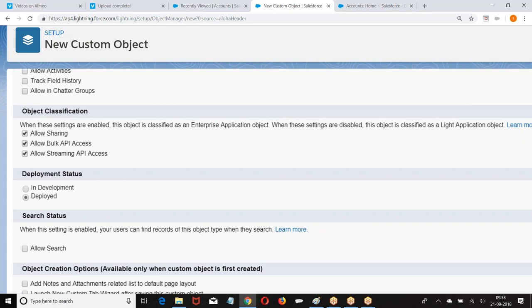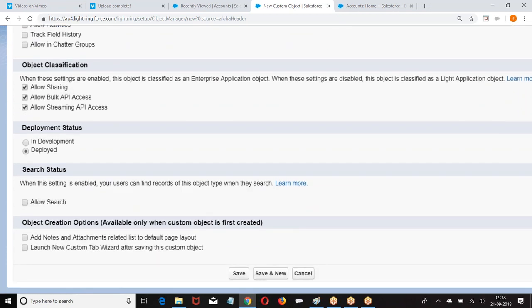Deployment status: in development or deployed. In development means it is not ready for sharing. Deployed means ready for sharing. Search status: do you want the data of this object to be searched from the global search?